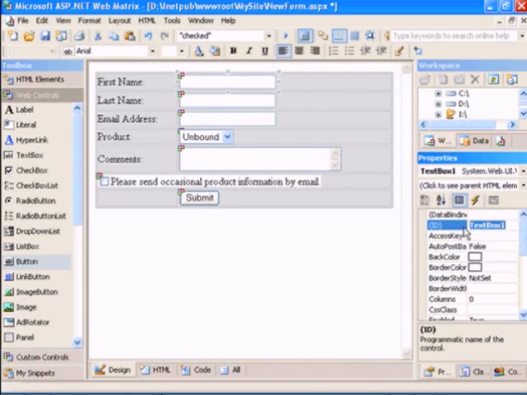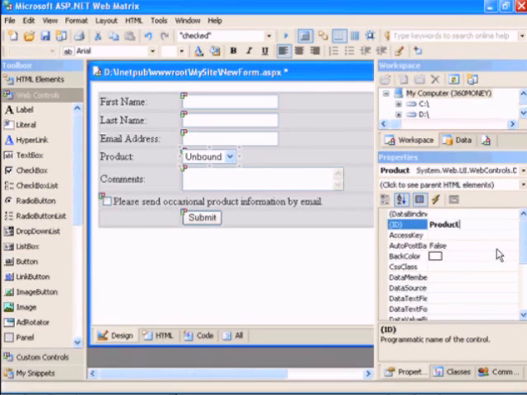So I'm going to change the ID of text box to first underscore name. The same way I change the ID of second text box to last underscore name. The third one to email underscore address. And the drop down, I call it product. The comments, I call it